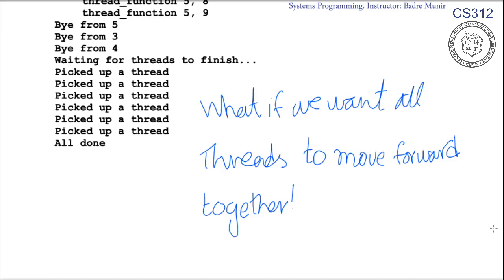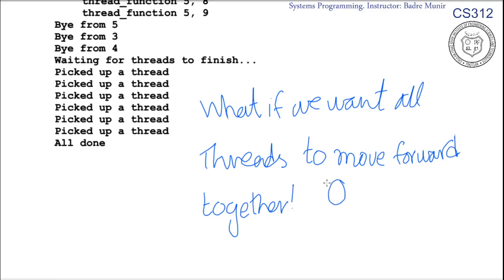In many cases, when we have multiple threads executing, we want them to sort of proceed further in a marching manner. What this means is that we want to enforce a discipline that all threads should sort of proceed further at roughly the same rate. In this specific example, we might say that we want all threads to complete the 0 iteration of their